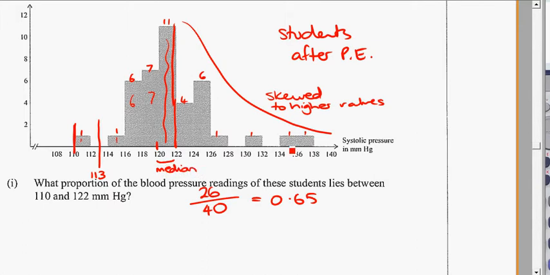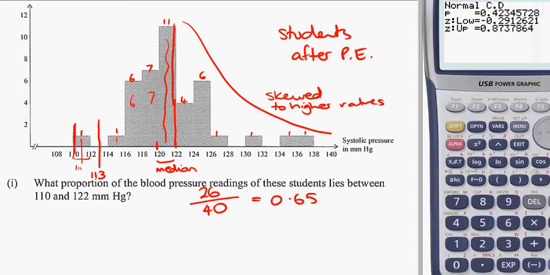Now the other thing we could do, only if you have time in the exam, is to find the mean and the standard deviation for this group here as well. Using your calculator, we estimate the actual reading of this one student here by using the midpoint, which in this case would be 111. So we're estimating, because we don't actually know what the student's reading is between 110 and 112, we'll estimate it with 111. So these values along the x-axis go in the x column, and the blood pressure readings go in the other one. So just to show you,